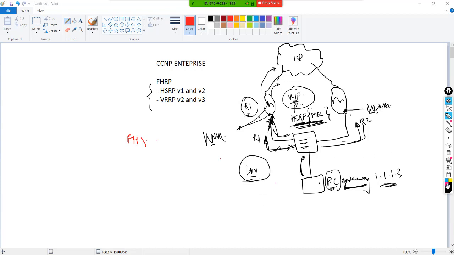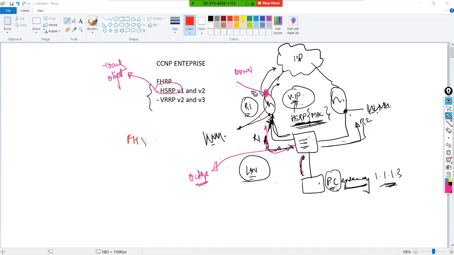Now at the same time, on the ISP side, let's say this interface for some reason goes down. By default your packets are pointing in this direction. Let's assume the packets are pointing in this direction, but this is down, right? That could lead to an outage. But thanks to HSRP, there is an additional feature where it can track an object.